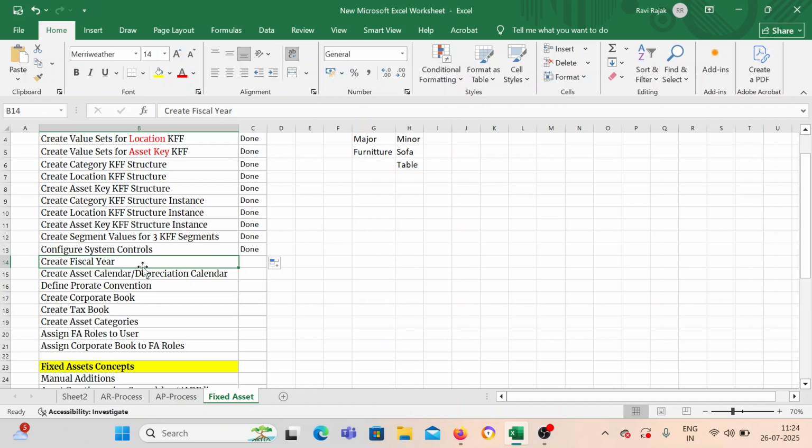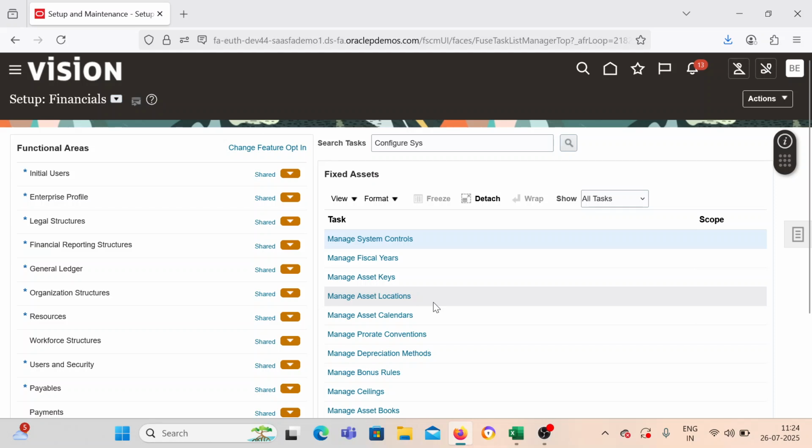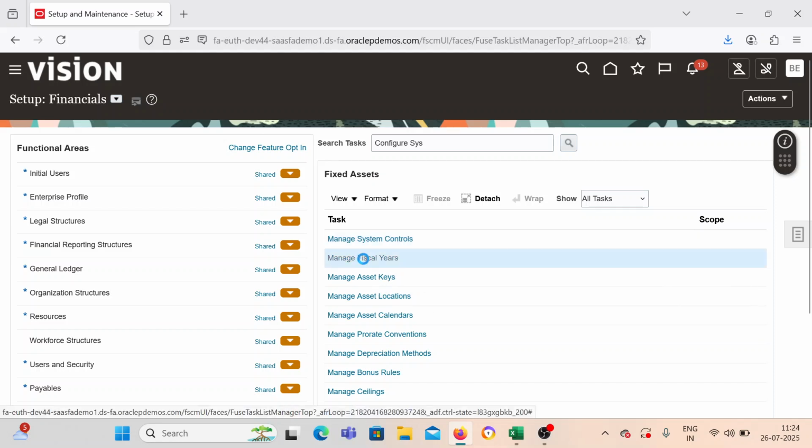So in my example, we will be using it from 2010 till 2014, but I will not be creating so many calendars. I'm just showing it up. Example, select the oldest asset and select the future dated asset, which we are going to use for the longest purpose. In that range, we need to create it under fiscal year calendar. So let's quickly see how it looks. So we have already seen this. This is Manage Fiscal Year. Select it,